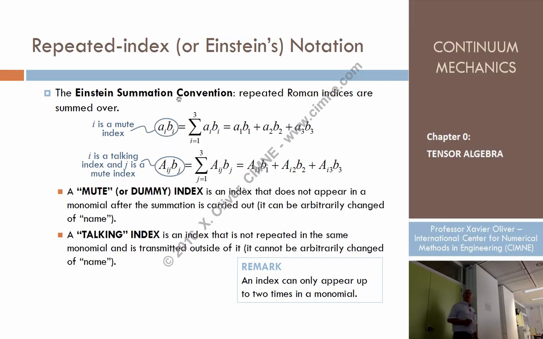Well, and this takes us to something which is the Einstein notation. Einstein, you know, the famous scientist that invented the theory of relativity and so on. He also was a guy that was trying to save time, and he says, why, if I want to express the sum of a_i v_i from 1 to 3, which is too long, which could be replaced as a full expression, why don't I just suppress the summation